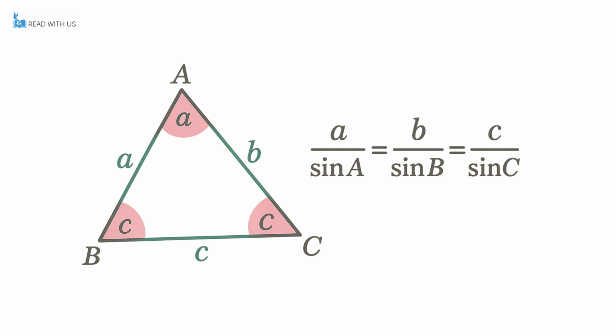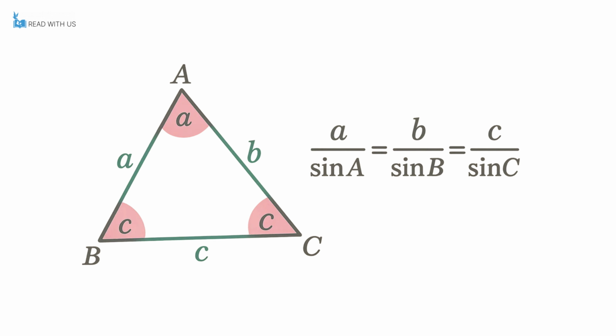The sine rule connects the sides and angles of any triangle. The rule says that the ratio of a side length to the sine of its opposite angle is the same for all three sides. That means a divided by sine A equals b divided by sine B equals c divided